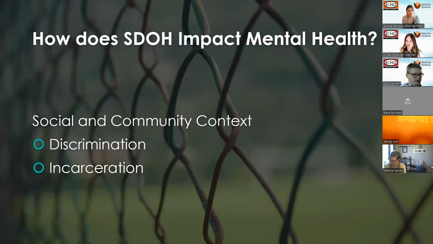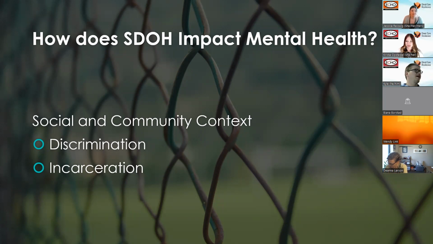Some other social and community contexts that can impact mental health is people facing challenges and dangers that they can't control. So it might be unsafe neighborhoods, it could be discrimination or incarceration. And I want to highlight that there's different forms of discrimination that can impact mental health. So there's some that happen in society, such as structural or individual. Structural discrimination is a systemic or institutional discrimination that refers to patterns that are embedded in social, political, economic, and cultural structures of society. It operates on a broad systemic level and it affects entire groups of people rather than individuals.